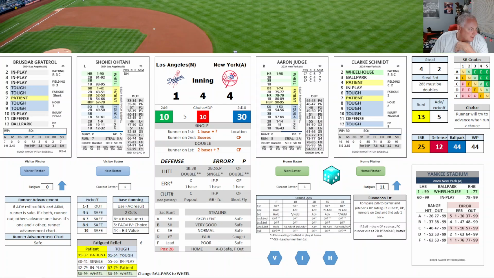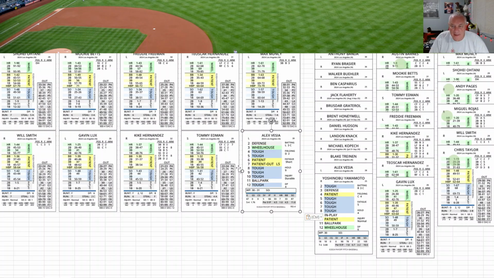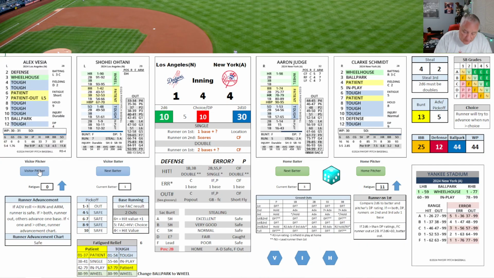Coming into pitch is going to be Vesia. So good pitchers coming in. Trying to hold this. This is what's happened in the other 2 games, though. The Dodgers fall behind. They let their bullpen come in. They don't give up anything. And the offense works its way back into the game. So he's going to be a 4, but then this is off by 2. This was the lead, so he's going to gain 1 more. He's going to be a 5. 2 outs, nobody on. Judge is up. Vesia, 9. Tough, struck him out. Okay, we get out of the 4th, and it's bullpen time for the Dodgers.